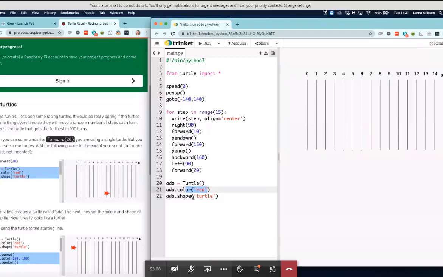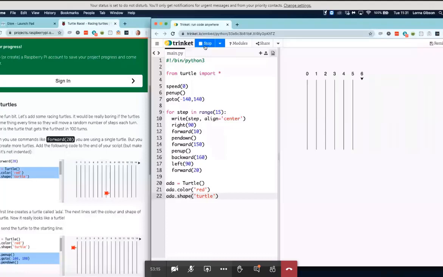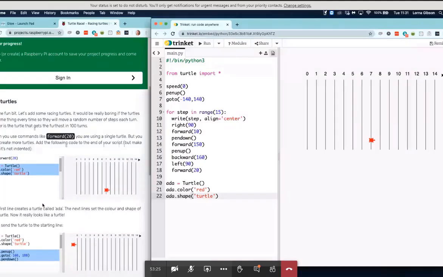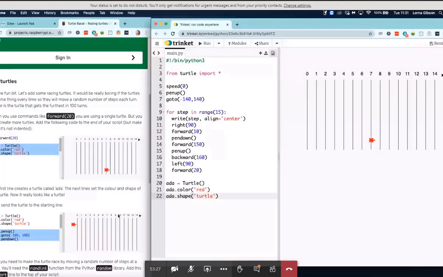We've made the colour and we've definitely declared that she's going to be a turtle. And so if we press run, then we build our race course really quickly and we've got a turtle. It's a pretty fast turtle because she's already at number 7 on the race course. So we need to think about making sure, in the same way as we changed where the race course started,